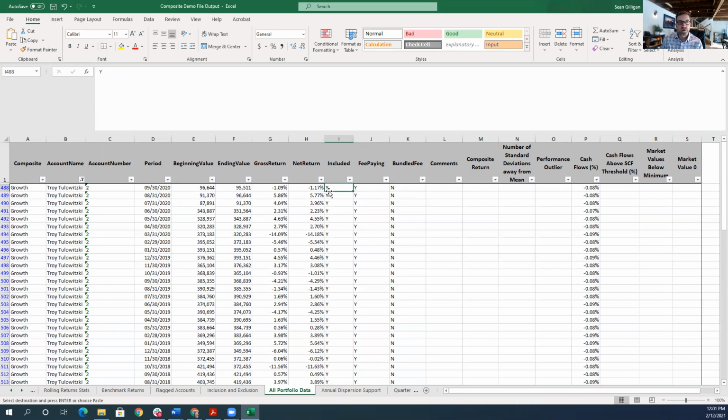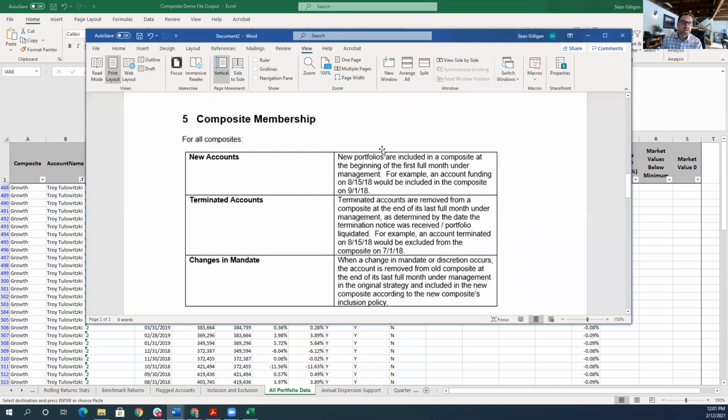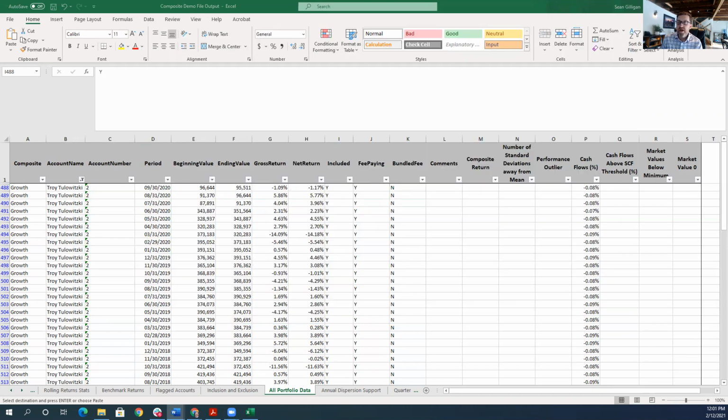Even if it's not an outlier, we need to know exactly when discretion was lost, either for a restriction or for the portfolio terminating, so we can follow these policies consistently to remove at the end of the last full month of discretion. Again, another item that is heavily tested by verifiers, and you don't want to have those errors when they get into testing. It just makes the verification process